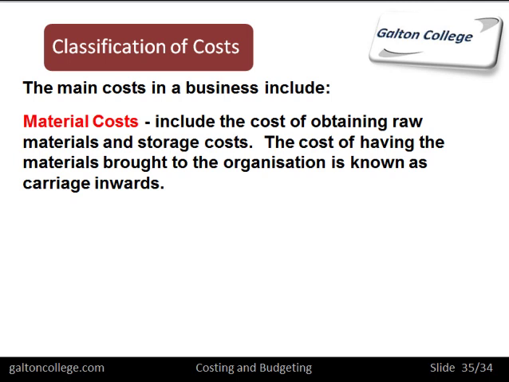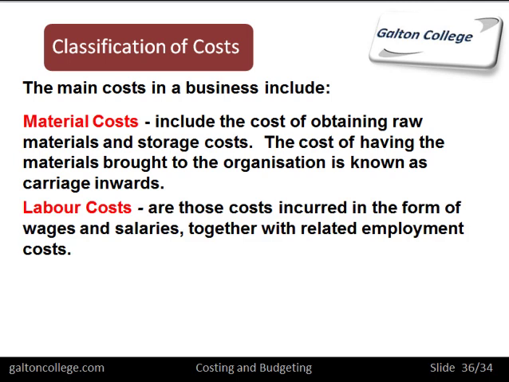And in a service-based economy, a lot of this would not perhaps apply to all businesses. A firm of accountants, for example, or of solicitors, will not have a big stock of raw materials. They will have computers and office space and so on, but they won't have a big storeroom with inventory. The chances are they'll have some stationery perhaps, and that's it. So it depends on the nature of the business. For a traditional manufacturing business, material costs can be significant, and that's one type of cost.